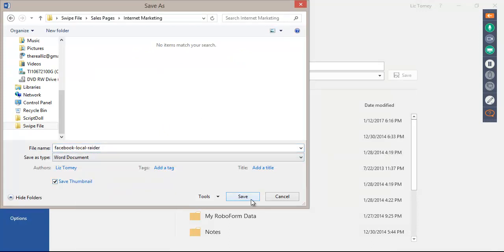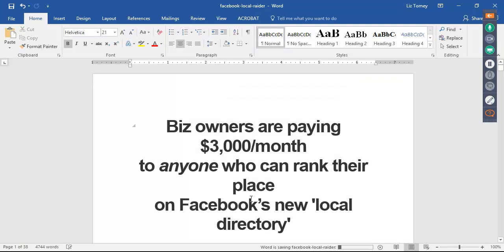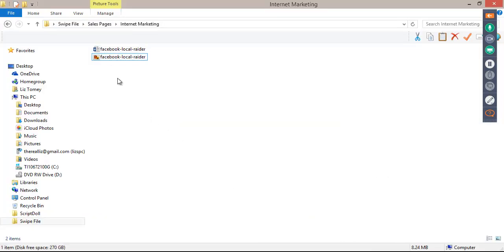Paste, and save. Because it's a different type of file, it'll save both of them underneath the same name, okay?